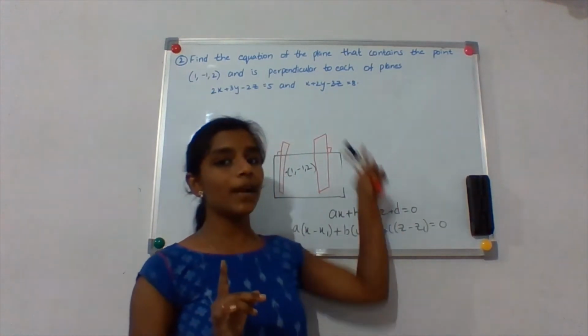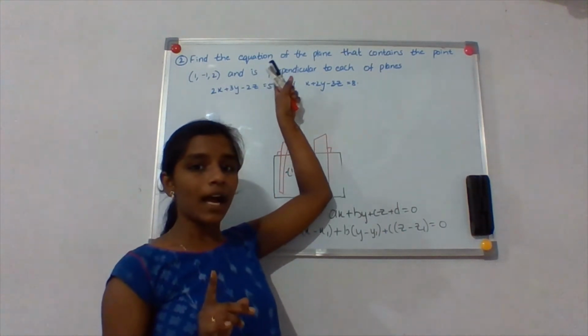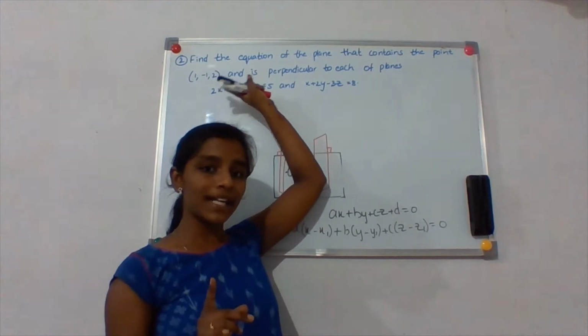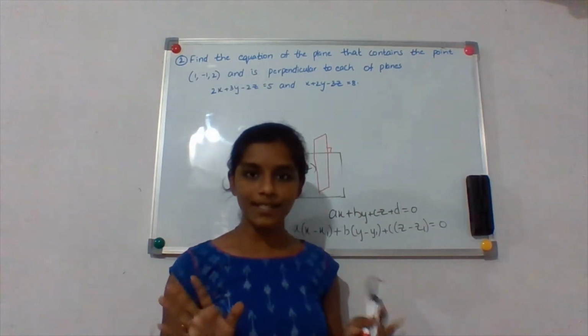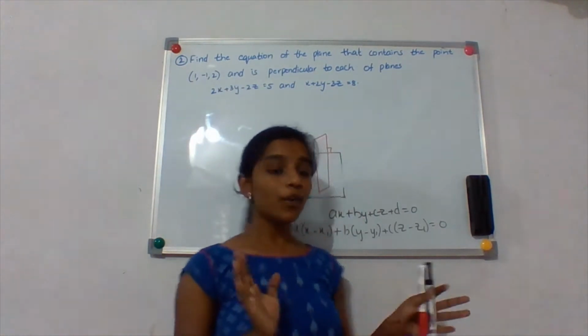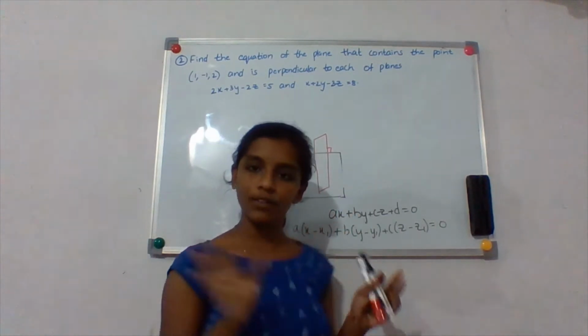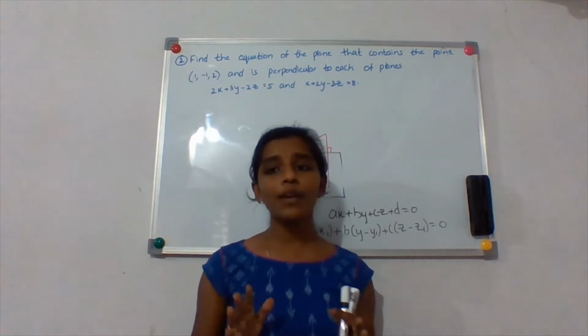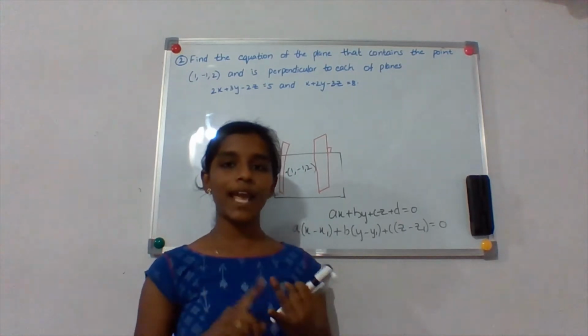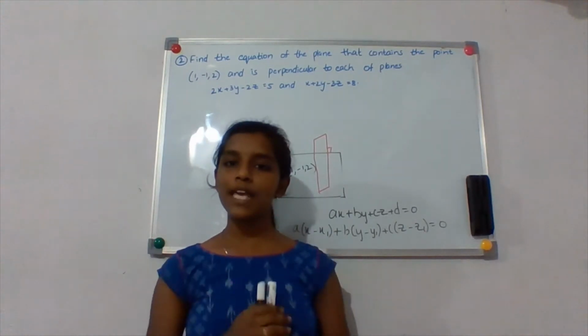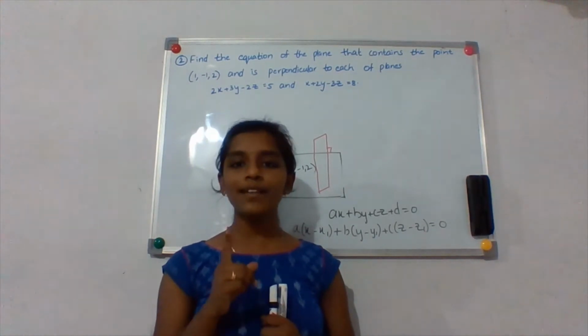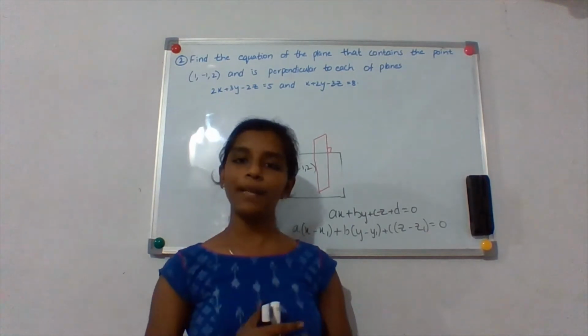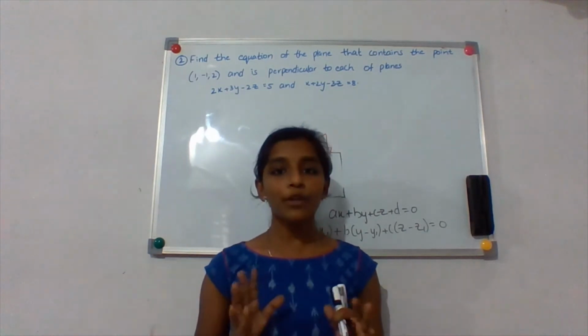He already gave you a point on the plane, that is 1 comma minus 1 comma 2, right? That is the point on the plane. So you know here x1, y1, z1. You know that. Now the only unknown variables over here are a, b, c. Now what are those a, b, c? Those are the DRs of the normal to the plane. Am I right?